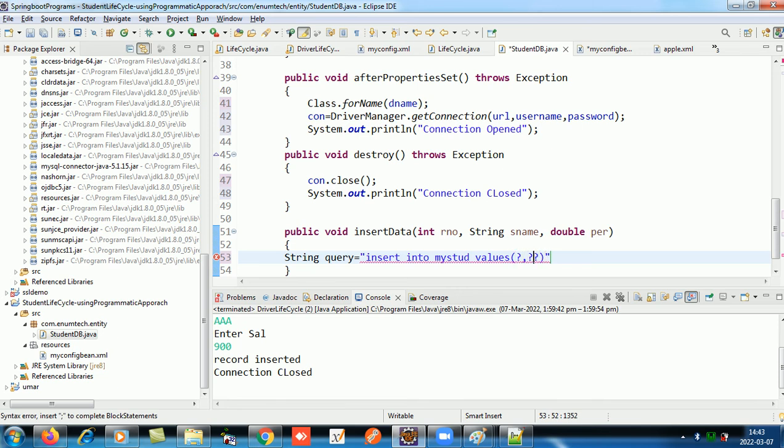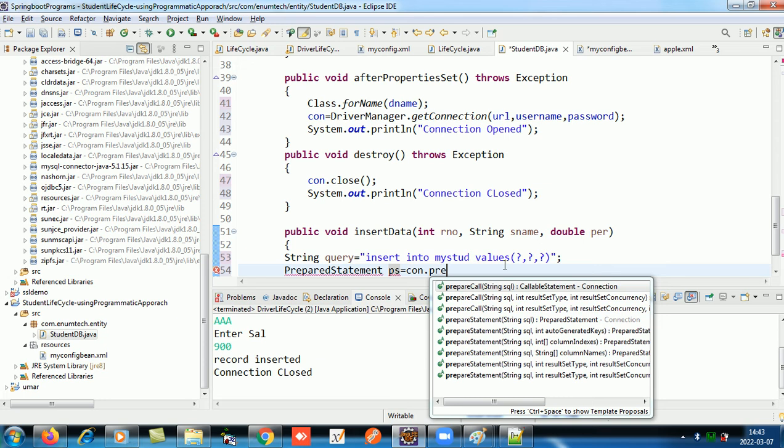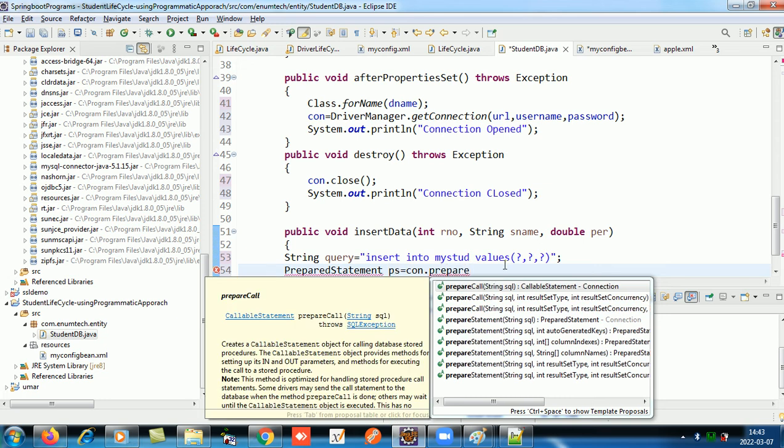Three values. Okay, then we'll create a PreparedStatement ps equals con dot prepareStatement